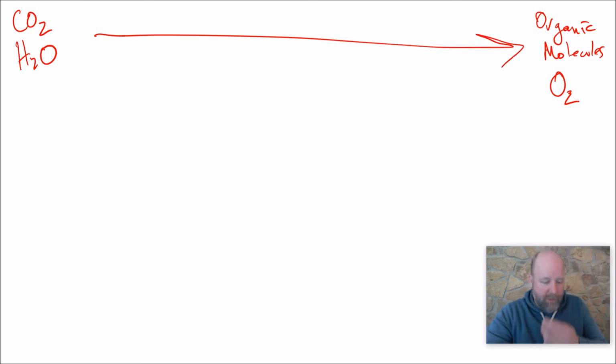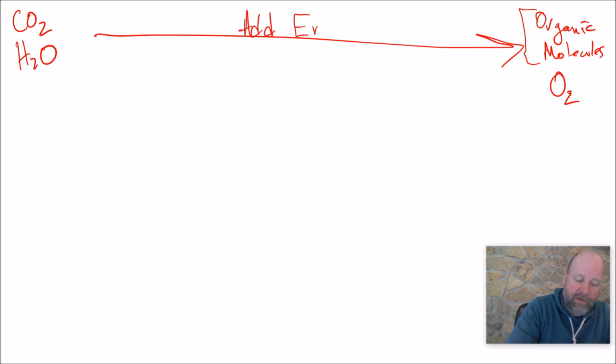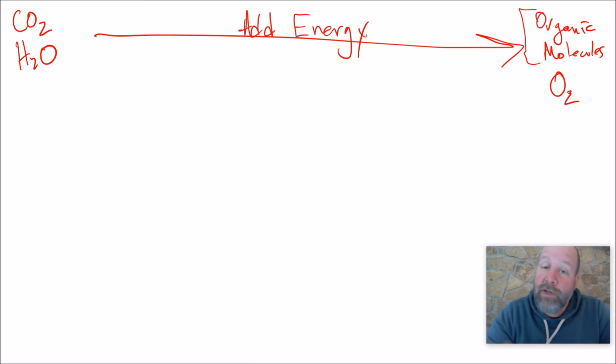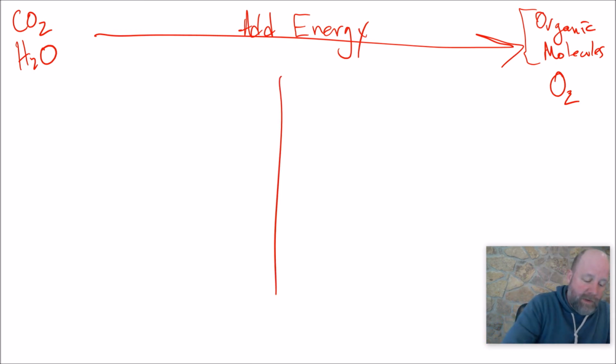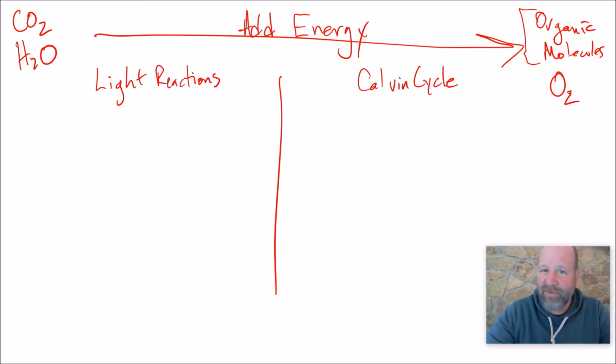Now, how's that happen? Keep in mind that the organic molecules, they're not just matter, right? That's energy locked up in chemical form. And so somewhere in here, we have to add energy. And that's going to come from light, of course, and that's because it's photosynthesis. So we got two parts of photosynthesis. We got the light reactions, the ones that require light. And then we have the Calvin cycle, which does not require light, but it requires all the products from the